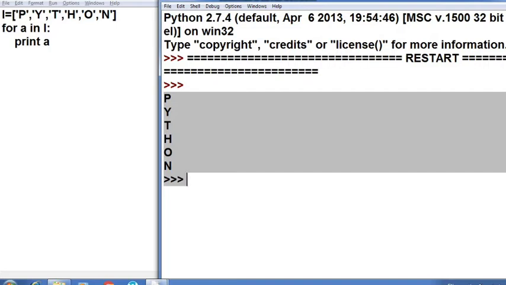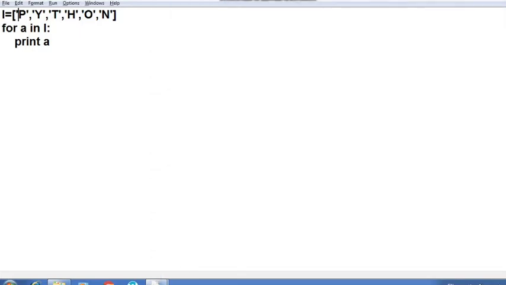We will use the range function. And for using the range function in Python, you have to define the length inside the loop. So suppose my list is L equal to Python, and now I am using the length function here. I have defined the length variable, and by using the length function, I have defined the length of the list. So I have written length equals len of L. It will store the length, which is 6.